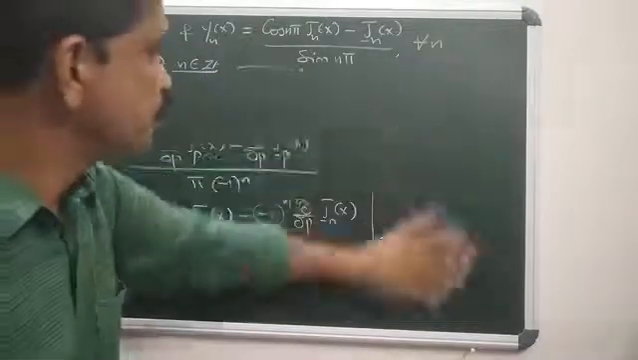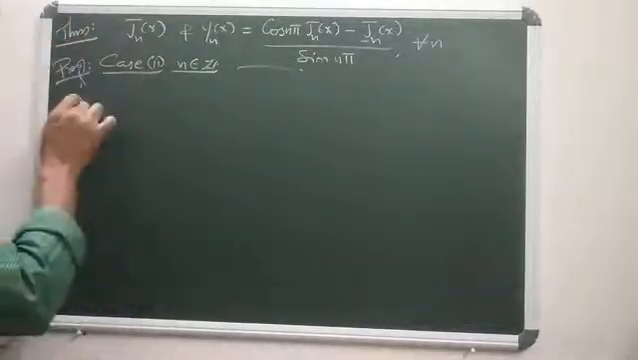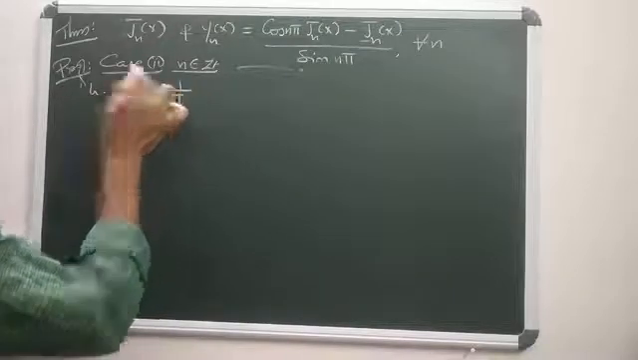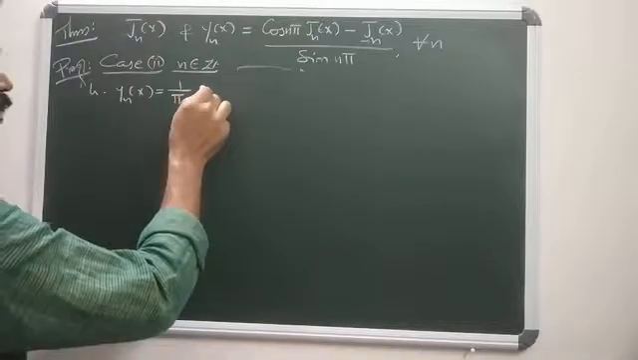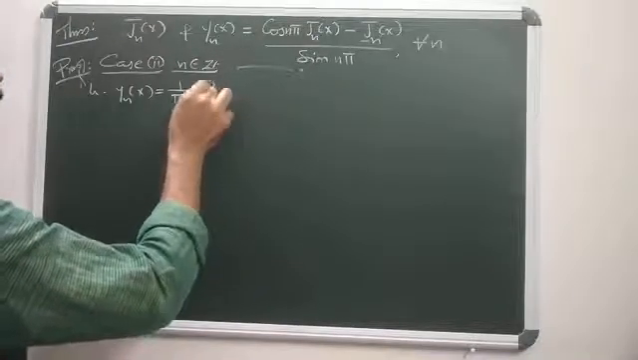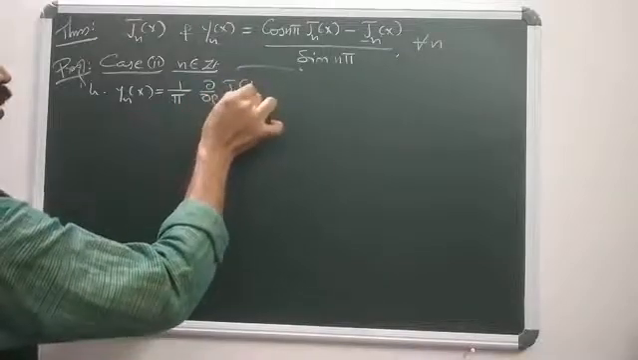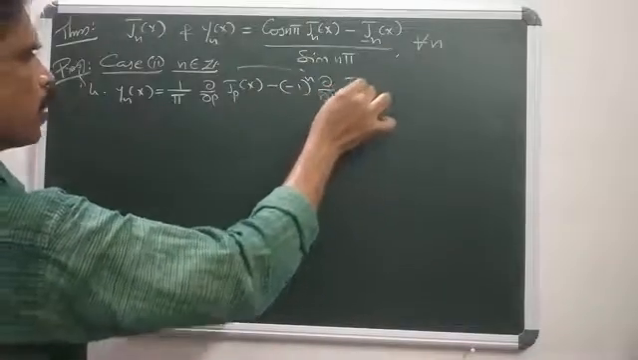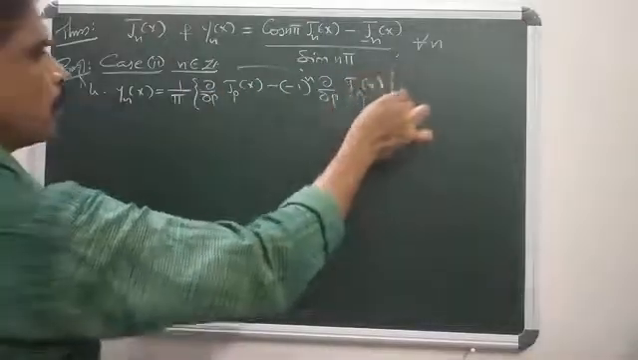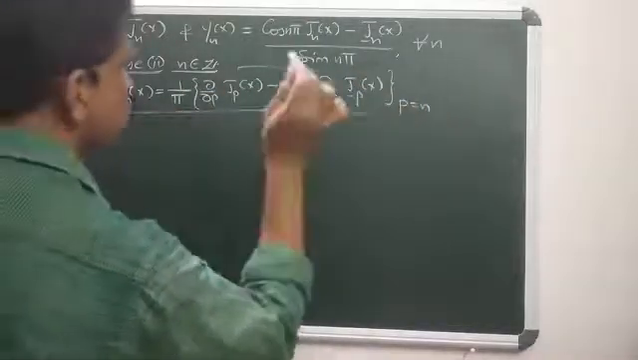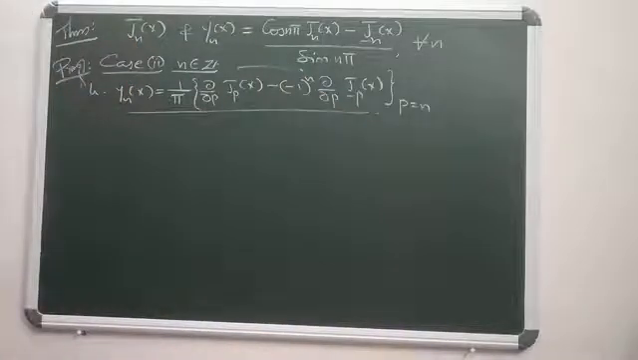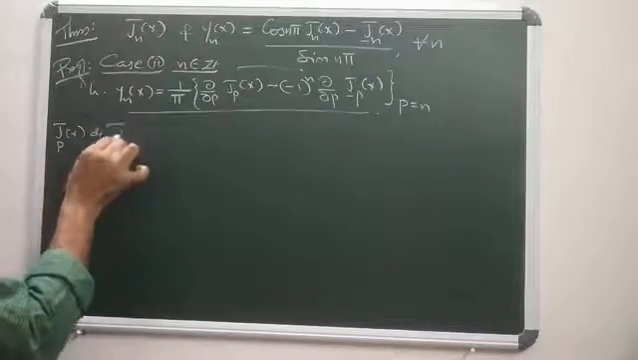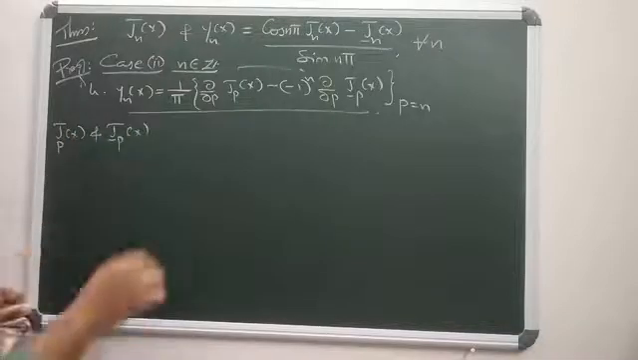So that is our first result. That is again rewritten as Yn(x) equals 1 by pi, del p of Jp(x) minus minus 1 to the power n del p of J−p(x), for p equals n. So this is one of our results. This is Yn(x). But we know what Jp(x) is: Jp(x) and J−p(x) are the linearly independent solutions of